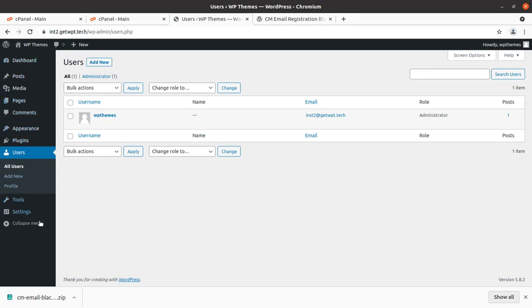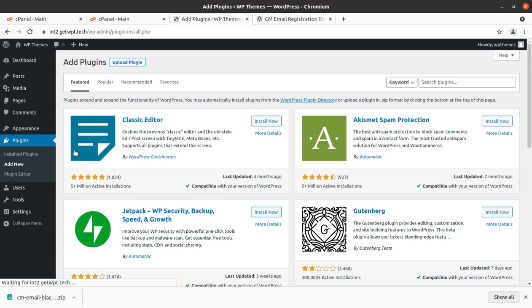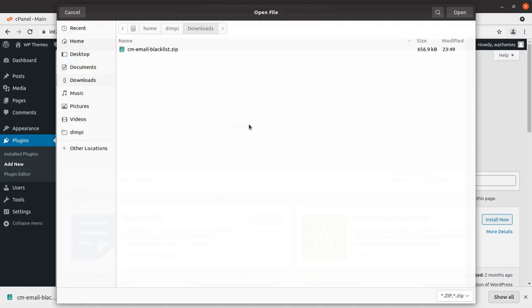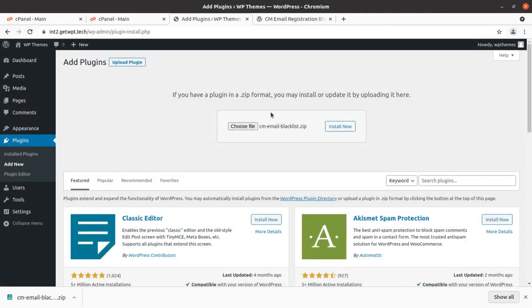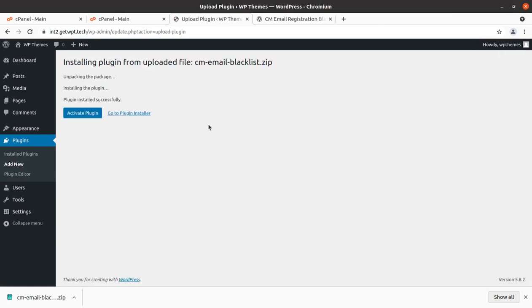This is the demo website, and let us see what features it brings. Since I have already downloaded it, I upload the plugin, and this is the downloaded plugin. I am installing this plugin now, and let us activate it to see what features it brings.